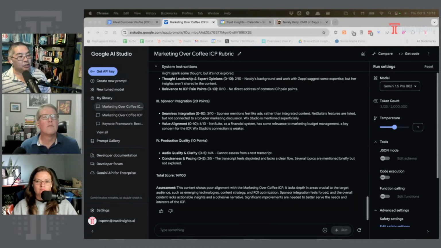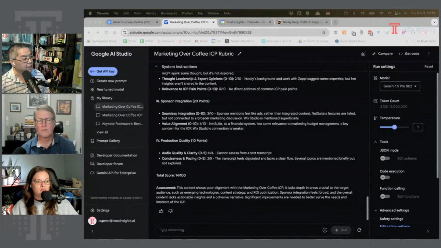Okay, so how do we do this? How do we start figuring this out? The first thing we need to do is figure out what the pieces are that we need. So we have our ICP. We now have our scoring rubric. So those pieces are good. We're in good shape there. We need to build some code now. So